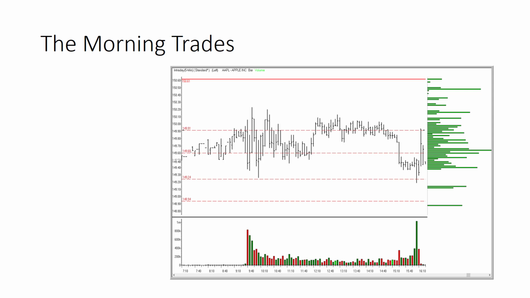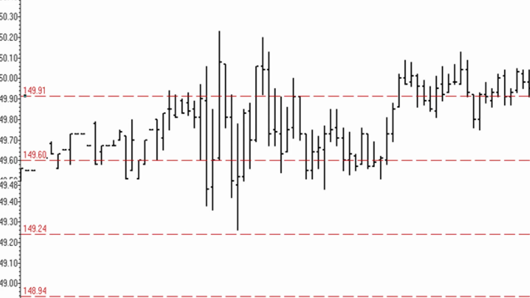As we see here, the stock was trading at 149.60 prior to the open and then was moving higher. And really our best indication was that we were going to open above that 149.91 line. But since it was as close as it was to 149.91, the thing to do was to watch the general momentum going into the opening bell and then anticipate where we were going to likely open up. In this case, waiting for the move down through 149.60 is not a great opening trade. The stock has to do a lot of travel range to get to 149.60 from where it's trading right at 9:29 in the morning.